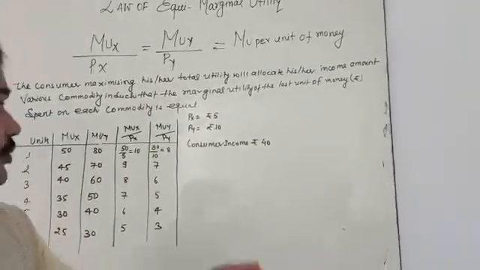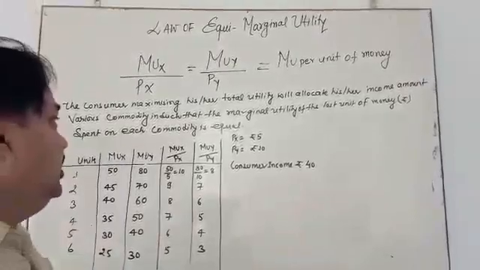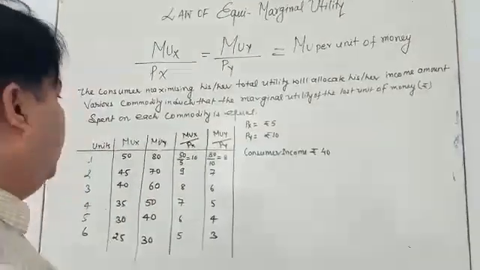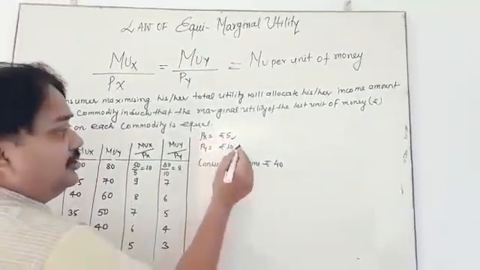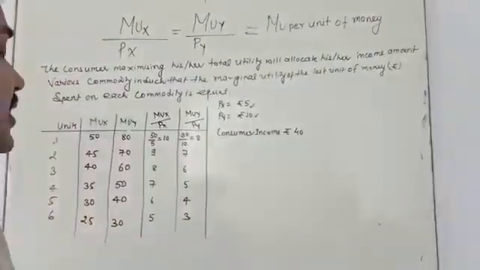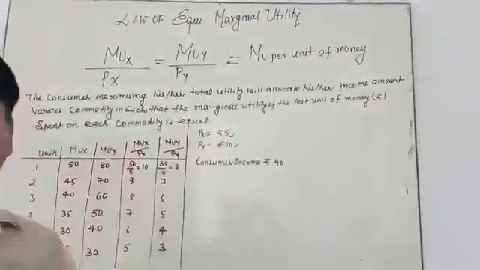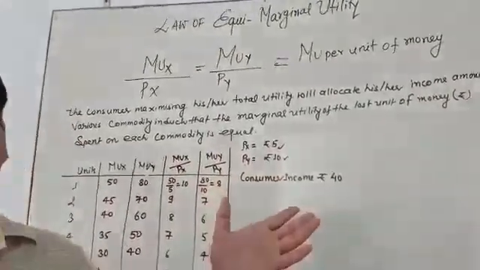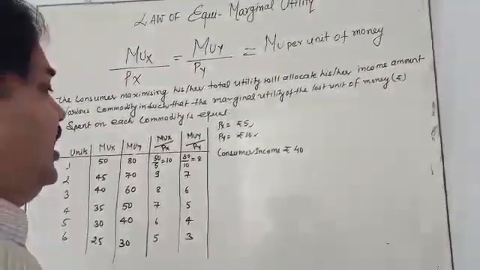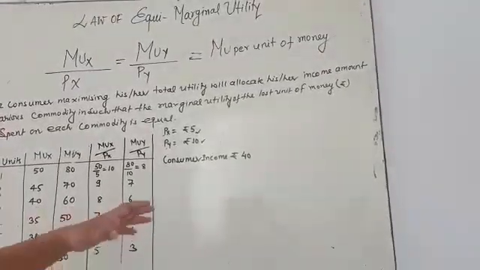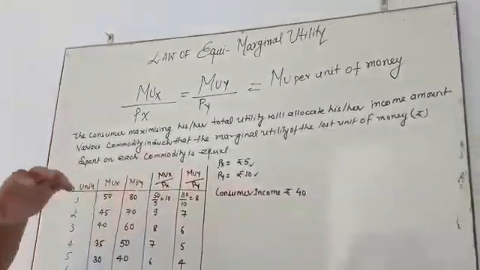In this situation, my dear student, the consumer has an income of 40 rupees. He is going to spend 40 rupees on two commodities, X and Y. The price of X commodity is equal to 5 rupees and the price of Y commodity is 10 rupees. It is a very simple thing: if 40 rupees is going to purchase two things, how many units of X is he going to take, and how many units of Y? At last he gets maximum satisfaction when the amount of this 40 rupees is going to be fully spent.